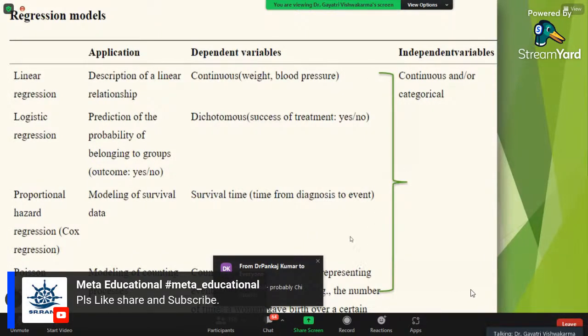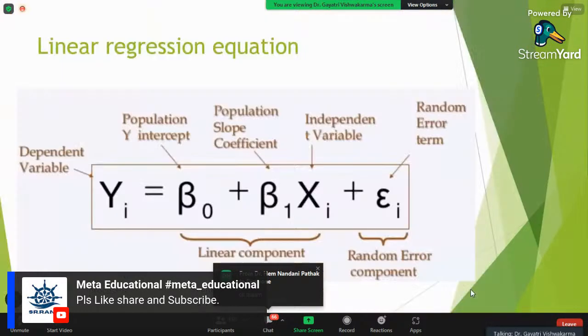So I'm moving to the next. For ordinal, you have to use multinomial regression. It is an extension of logistic regression, and is known as multinomial regression. If you have an ordinal variable, let's say I want to predict the pain, which is having mild, moderate, and severe. Okay, let's move to the next slide and talk about the linear regression.